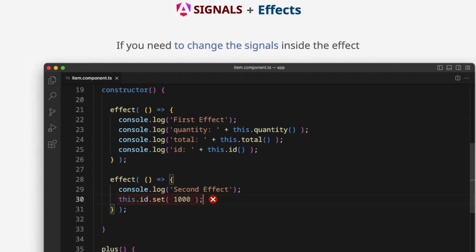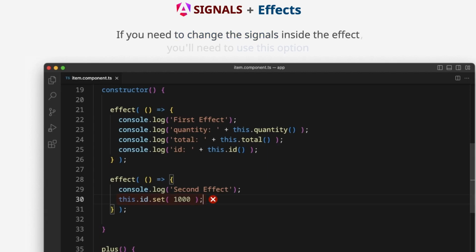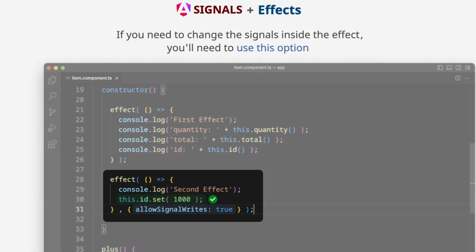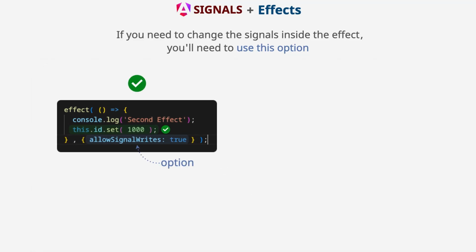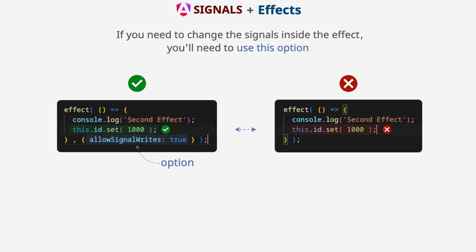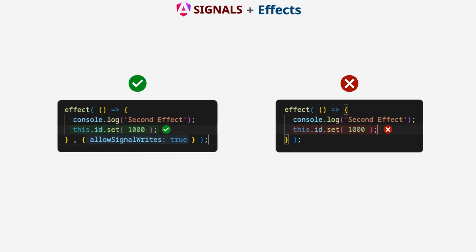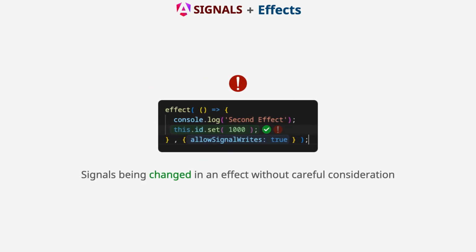If you need to change the signals inside the effect, you'll need to use this option. Signals being changed in an effect without careful consideration can result in loops and other problems.